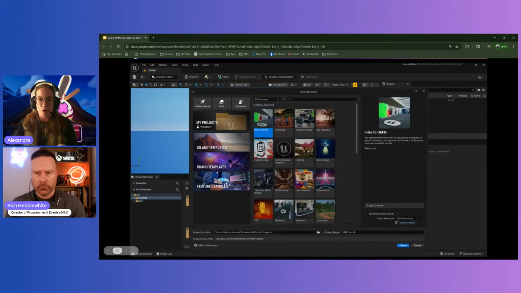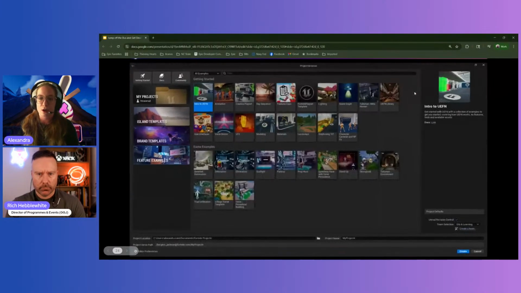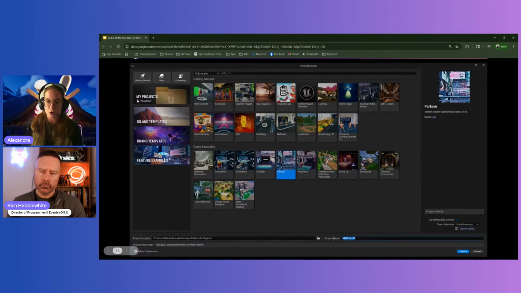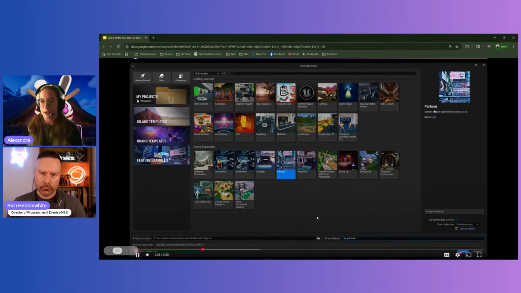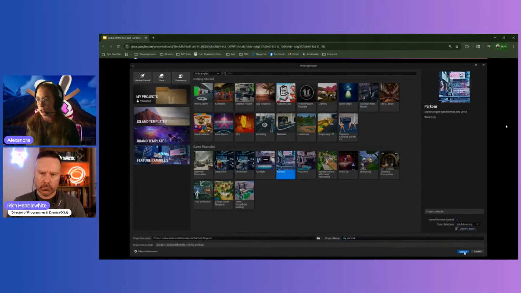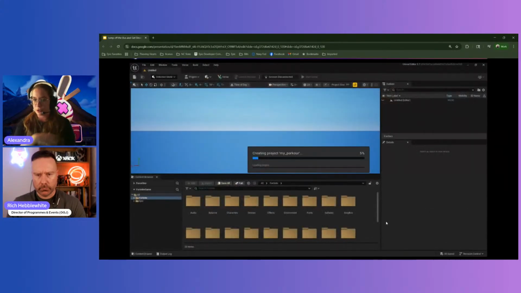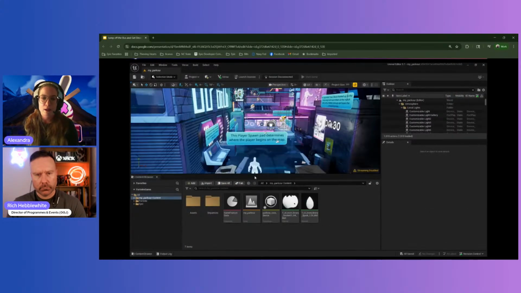But I think I'm about to open. Yeah, feature examples. So this is where all of our example and exemplar content is. And so when you open these, they will all have billboards in them. This is all the learning-based game content. So I'm going to pick parkour here for this example and just rename it. You can see up here, there's a documentation link. So that takes you out to where the documentation is in browser. So yeah. Okay. This is the default view that comes in.